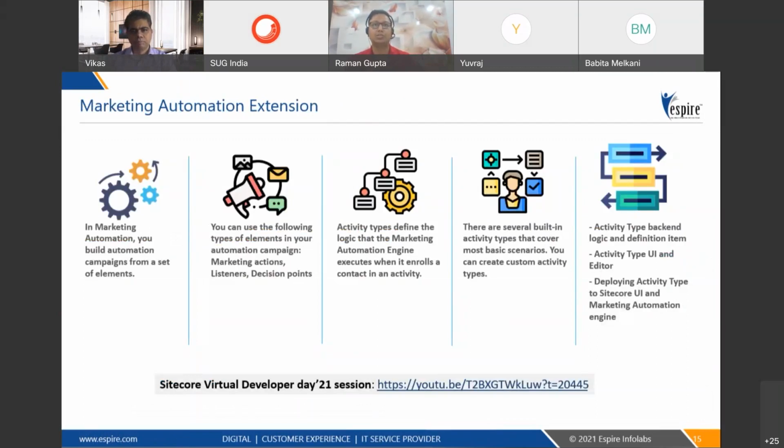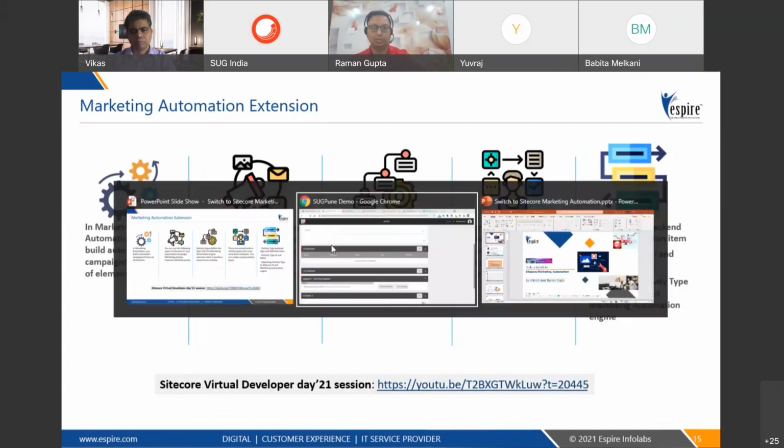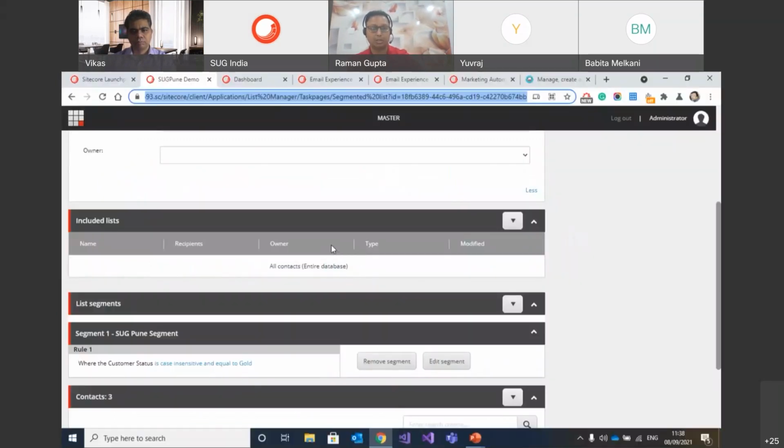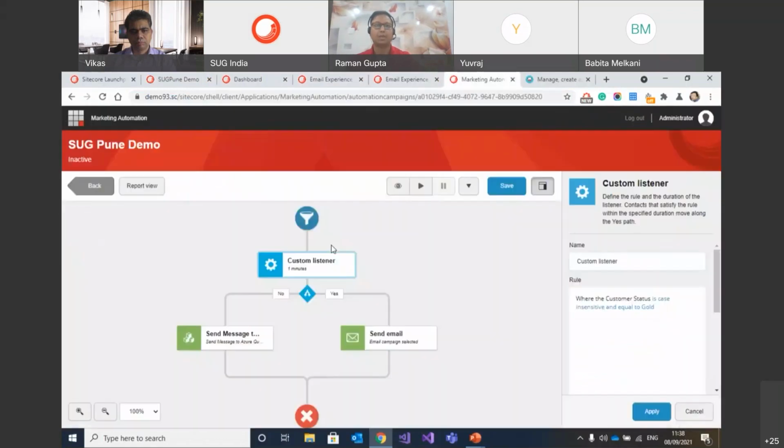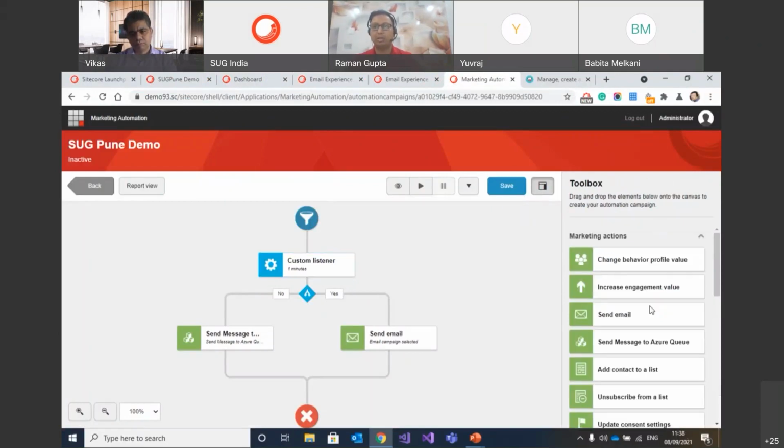a custom action in marketing automation. So let me go back to the screen again. Before creating any new automation campaign, marketers need to ensure that all the required conditions and actions are in place. There are several built-in activity types, but you can also create activity types based on your business requirements. Nevertheless, every project is unique and developers are always there to help the marketing team to create